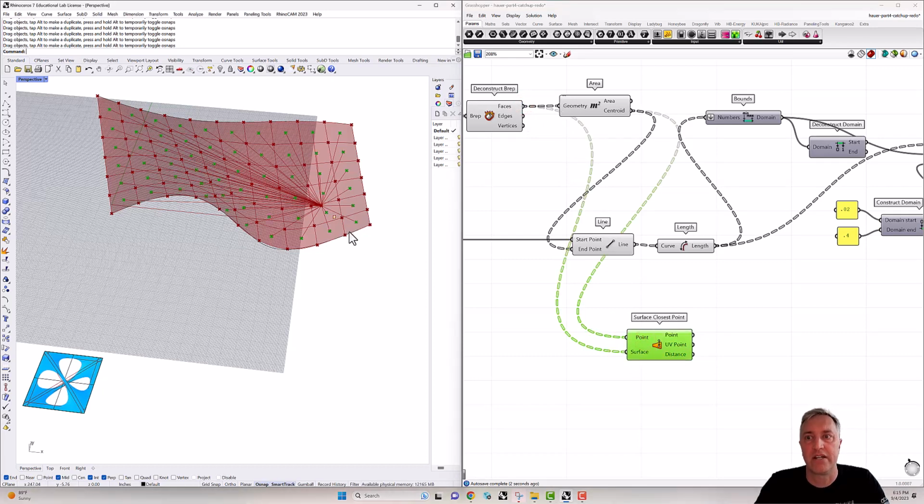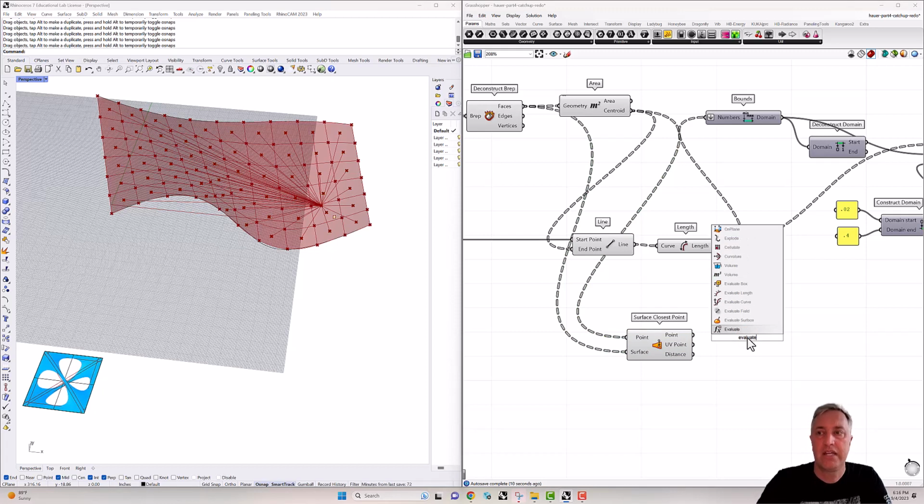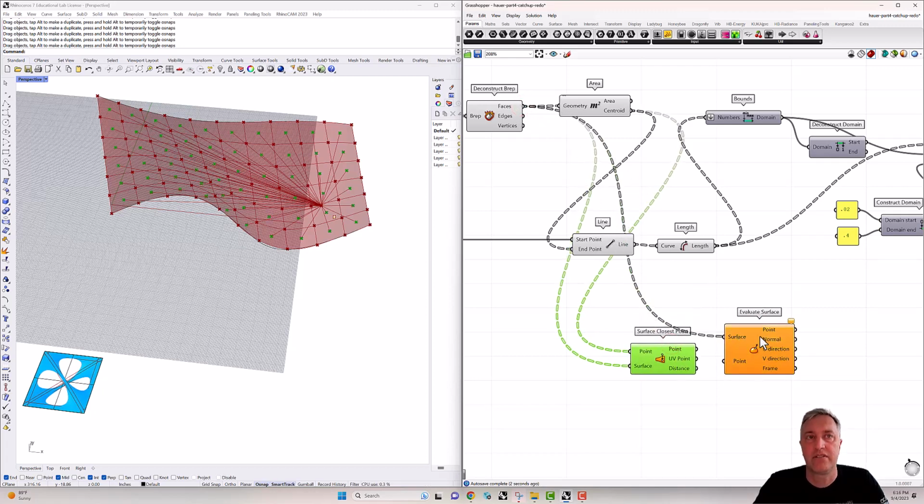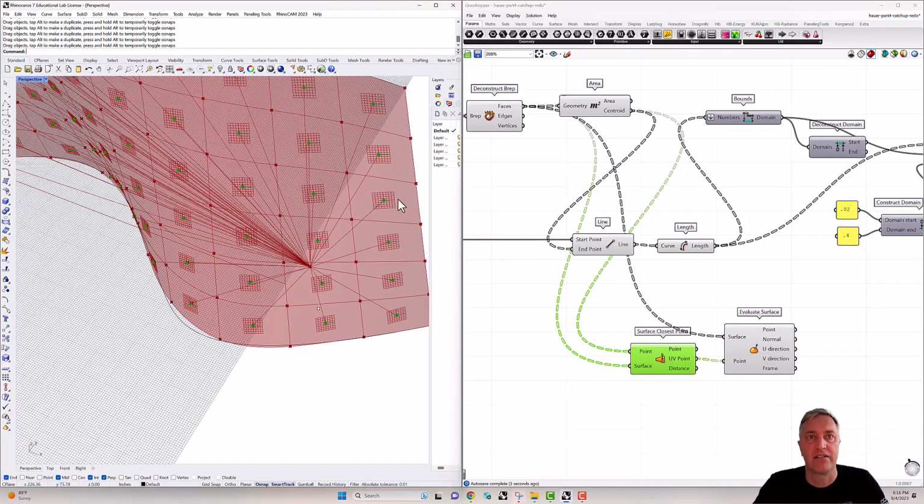And now we can see we get these points as they're highlighted on here. And now let's evaluate surface. The reason why I want to evaluate surface is that we can get the normals from this in relationship to creating a frame or doing other things with this. So remember, even though it asks for a point here, it's asking for a UV point. So we can pull in this UV point. Now we can see we get a series of planes